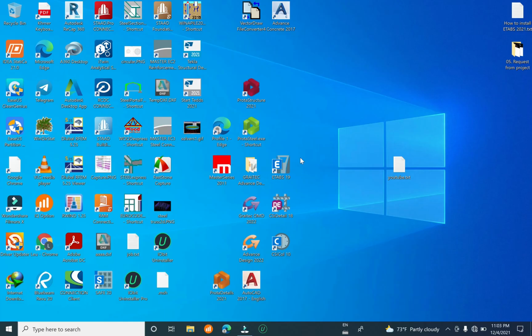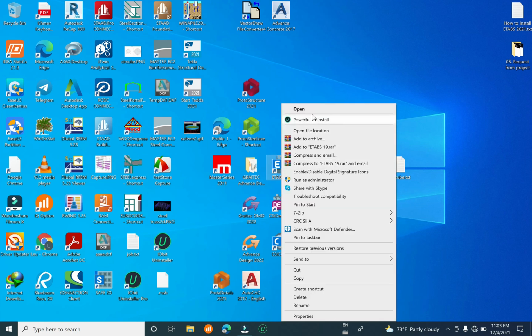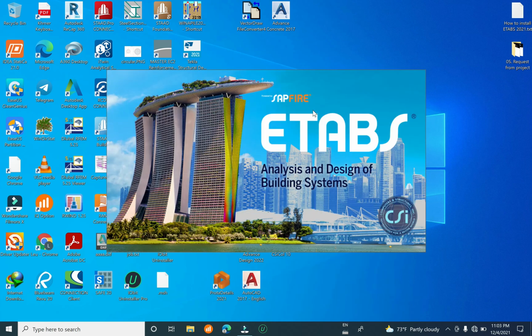Today I will show you how to design a steel structure, comparing ETABS software and RFEM for Eurocode 3. Now let's start with ETABS. Open ETABS. We have to design a purlin support